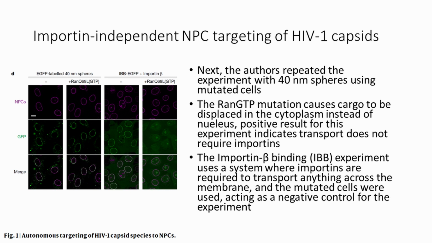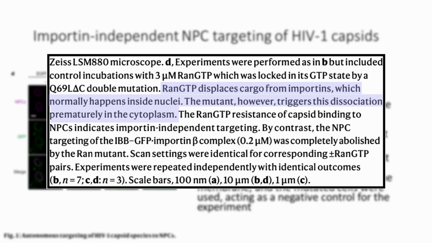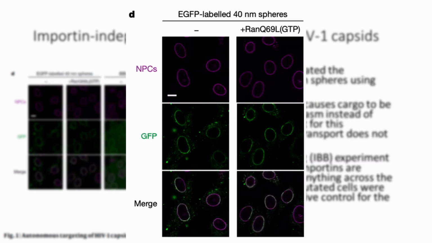On the left-hand side, they used a RAN-GTP mutated cell versus a non-mutated cell, which means that in the RAN-GTP mutant, the importins will release cargo at the cytoplasm side of the membrane instead of on the nucleus side. What you can see is that the results really do look the same. The spheres are still making it to the nuclear pore complexes, so this really indicates that the importin is not